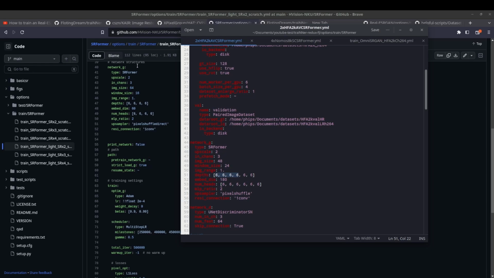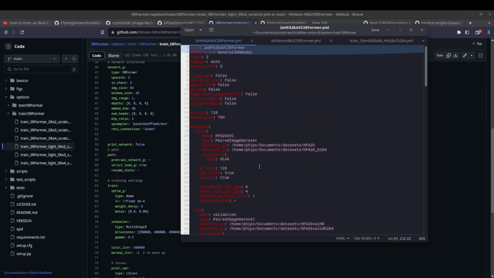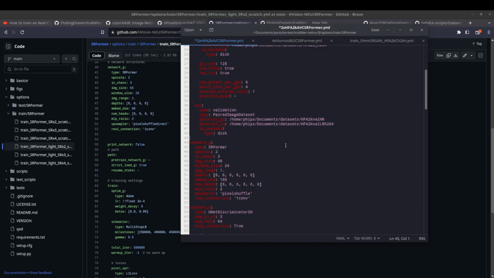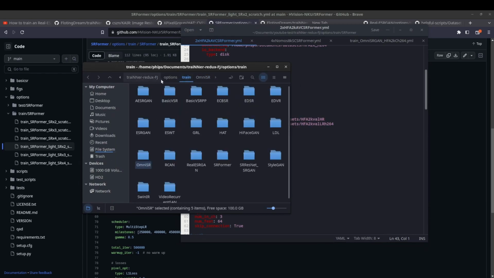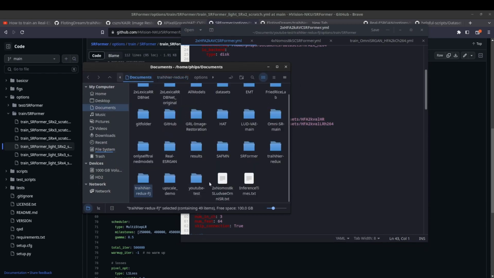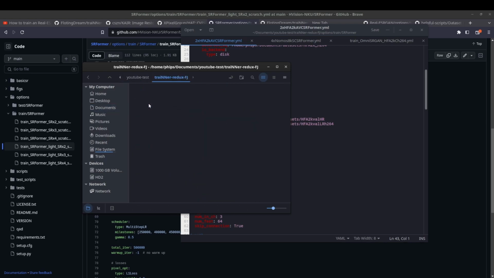So yeah, if I would do a lightweight model, I would basically put this also in the name of my model. And then, in the config file, I would just make a quick note for myself that this would be an SRFormer lightweight model. This is important, and I wanted to show this because I don't think the configs in here will have all of that. If I go to the folder of the one we actually just cloned